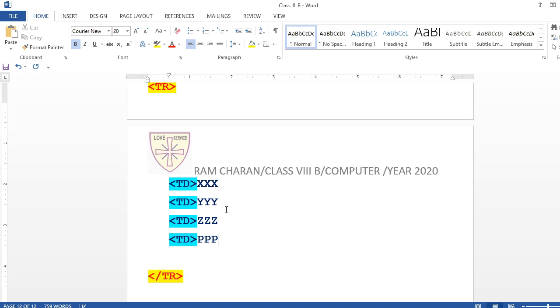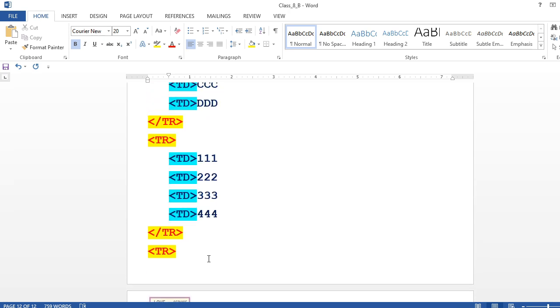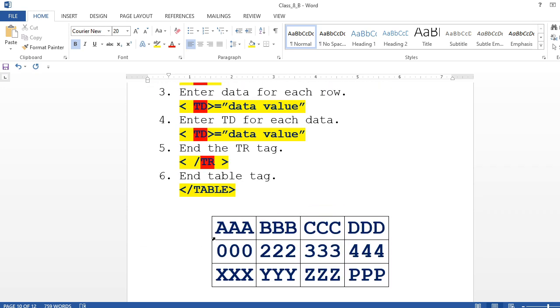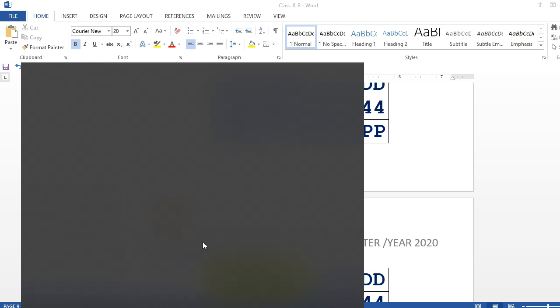And after that, I am going to close the table tag here, right? So this is the skeleton structure of table, table row, and table data to create this table. Now we will understand better by writing the code in HTML scripting. Then we should be able to see the result. So I'm going to type here, in notepad.